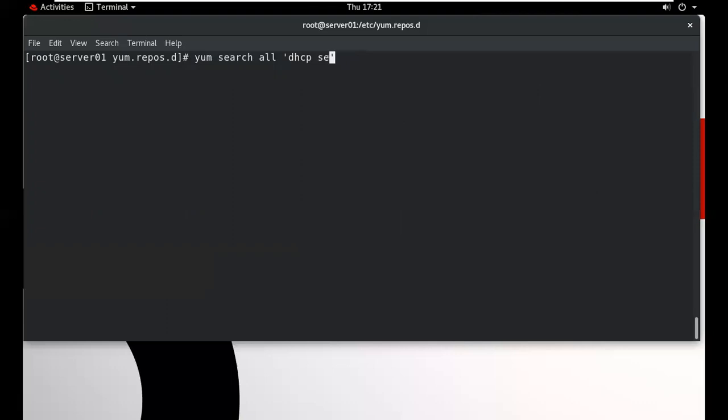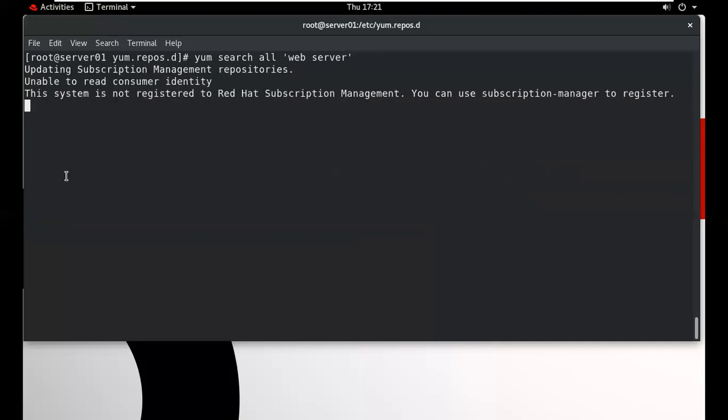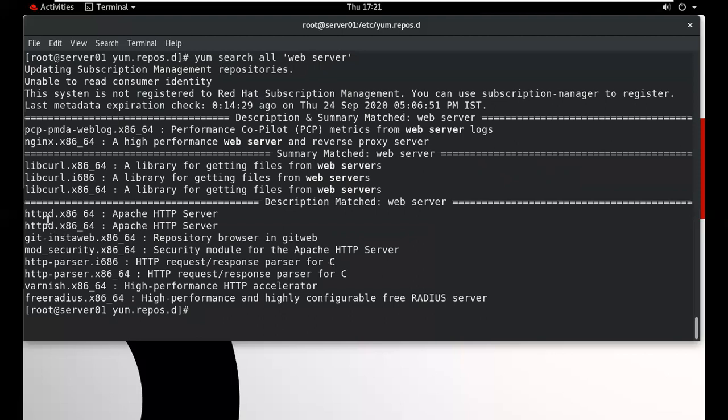Suppose, give me the name of any server, just Apache. We want to find Apache. Apache means web server. Okay, type only web server here, and we want to find the package name of the web server. So what is the package name? It's called httpd. In Linux, it's called Apache.